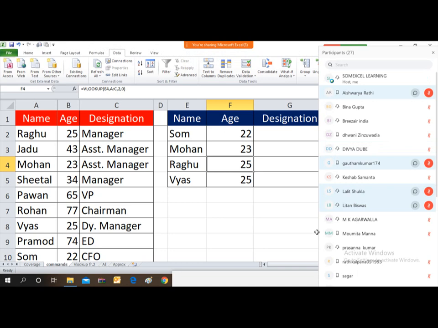नहीं नहीं नहीं, purpose is just a formula only. मेरा पर्पज था कि मेरे को जो रेंज है ना, रेंज मेरे को फ्रीज नहीं करना है। I again wanted to reduce one step. तो जैसे क्या होता है ना कि अगर मैं same file में same sheet या different sheet से काम कर रहा हूँ ना, at that time मेरे को रेंज फ्रीज करना पड़ता है। So to avoid freezing the range I have just selected the columns, select the entire column. तो जब entire column ही सिलेक्ट हो गया तो even if I am moving the formula down, तो in that scenario also entire range is there। तो उस केस में क्या होगा ना कि हमको फ्रीज वाला काम नहीं करना पड़ेगा।